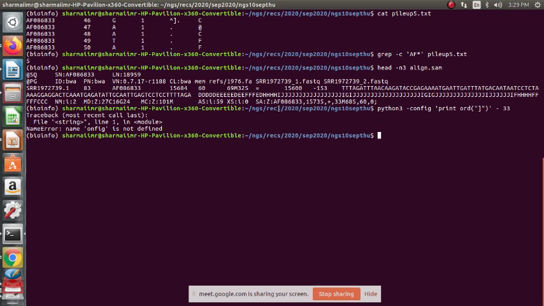Yes, last time also we got this error. It's showing as config, right?